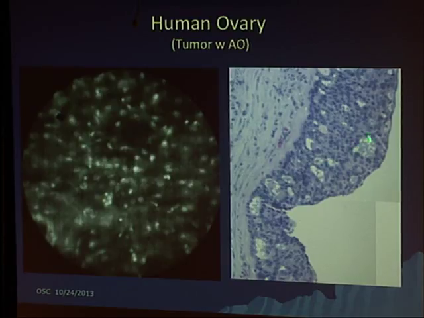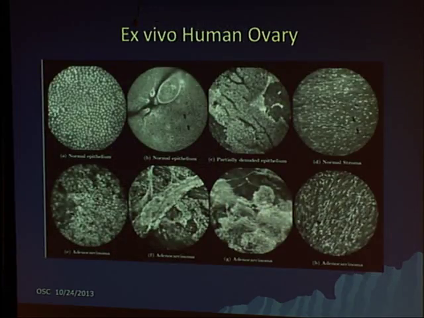When you get to ovarian cancer, now that epithelial layer is significantly modified. It's a cancerous condition where the cells on the surface are much more spread out. You have a thickened, abnormal epithelial layer, and you can see quite a different visualization of the microstructure and architecture of the tissue in the abnormal case. Just a few examples of what's normal and what's abnormal in terms of ovarian cancer.